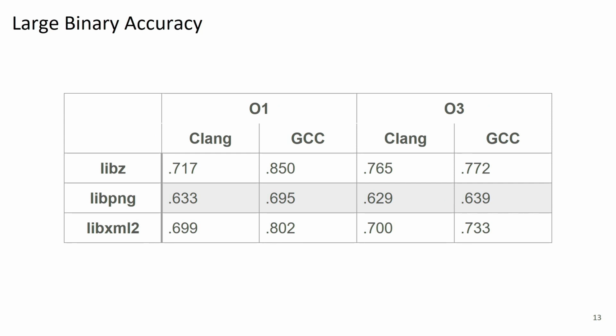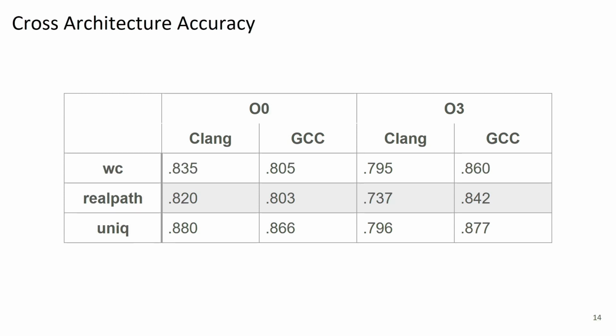IOVFI also scales to large binaries, as seen here, where we generally achieve, again, high F-scores despite changing compilation environments, even in binaries of much larger size. And as some extra results that we weren't able to fit in the paper due to size constraints, we also did an experiment on